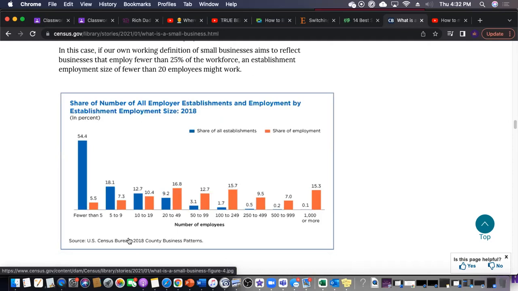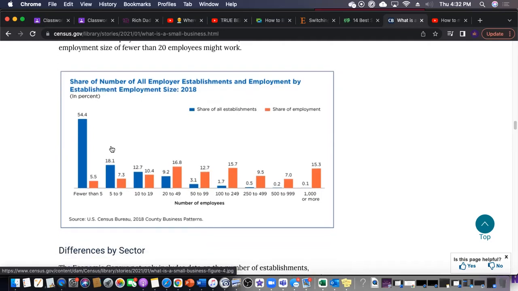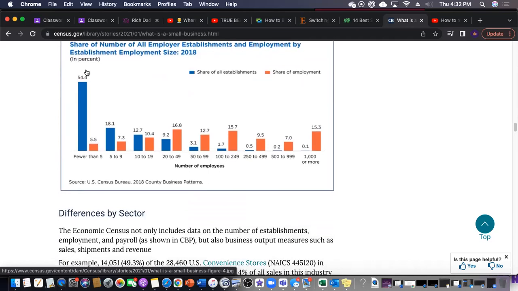So, and this is according to the 2018 U.S. Census value, so it's not that far along. And again, it should be more than that due to the pandemic and the great resignation. A lot of people left their jobs in order to create their own businesses. So it's a lot higher now.